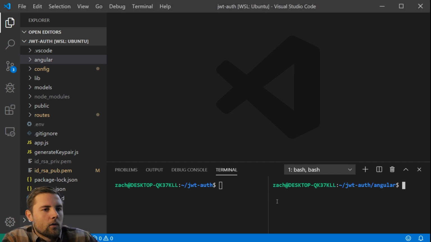So to do that, I want to first walk you through what I've already provided you with. In the previous video, I introduced the GitHub repository. It'll also be in the description here. And when you download the repository, on the master branch, you're going to have a blank template. We implemented the first part of that template in the Express application in the last video, and then the second part of the template is what we're going to be doing in this video, and that is sitting in the